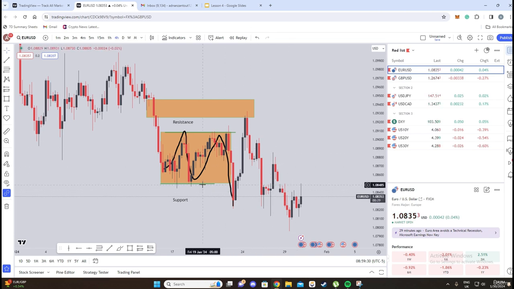So this is our support, or not our support, this is other people's support, but for us this is our sell side liquidity. And quick question, guys, what's above these equal highs here? Is it resistance or is it buy side liquidity? You guessed it, it's buy side liquidity for us. So now we know how the